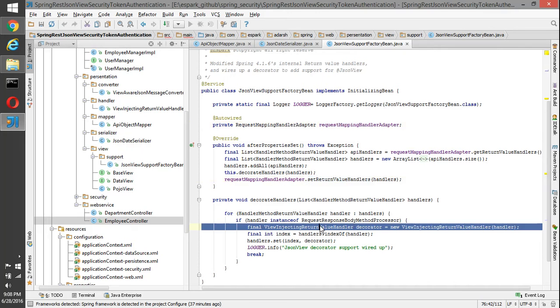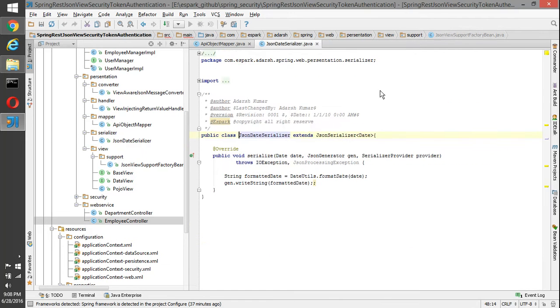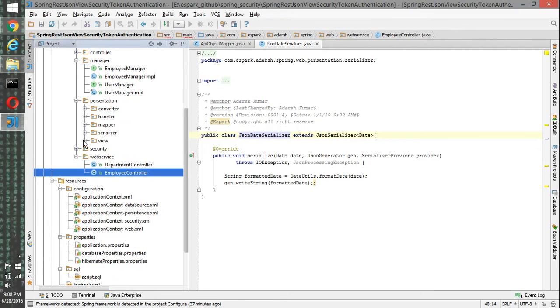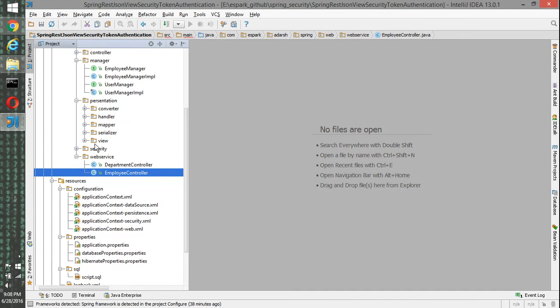This is our instance of our own custom handler, and we are adding that handler into the predefined list and then setting it. So ultimately, whenever the list of handlers is searched to handle that particular annotation, our handler will be found and it is going to handle that custom annotation we have.